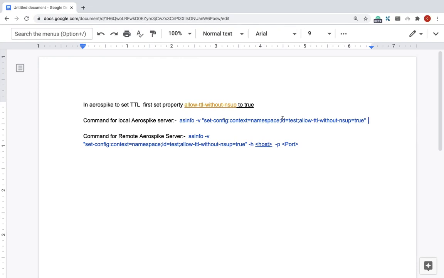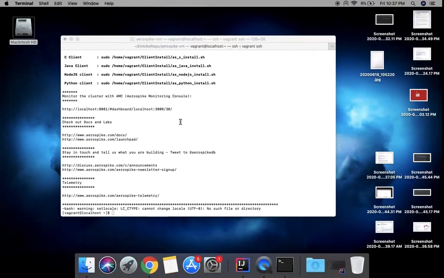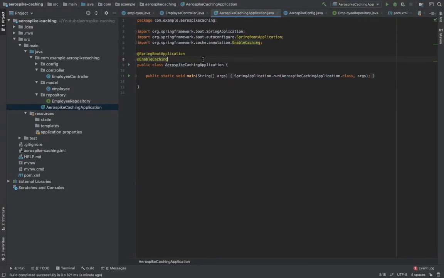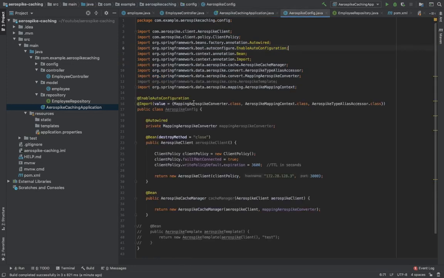Replace this test with your namespace, connect to your Aerospike server and run this command. I have already set this property, so I won't run it. Okay, now I think we are done with the implementation. Wait, this should be configuration and not auto configuration.